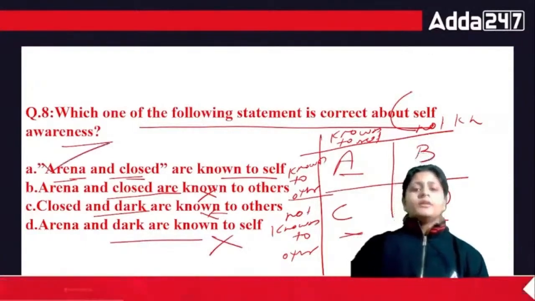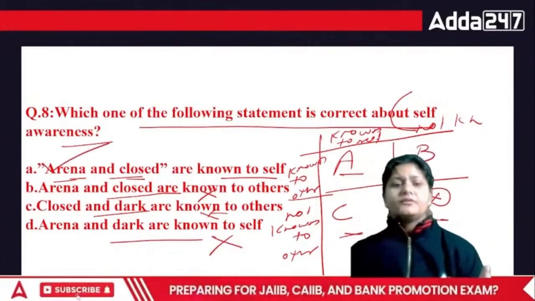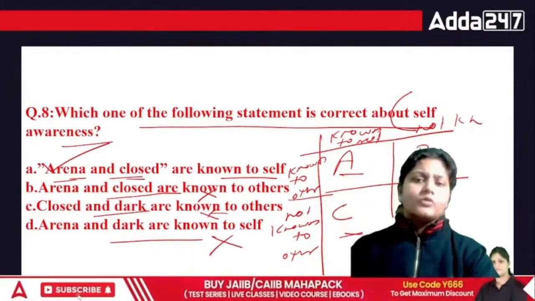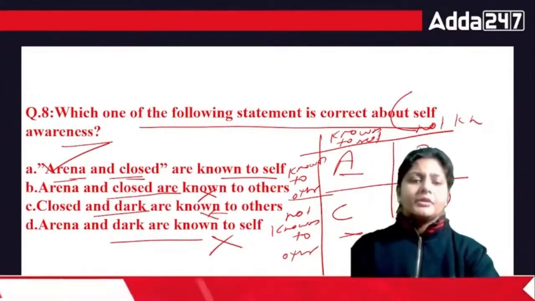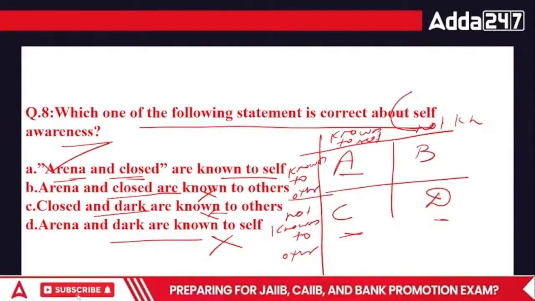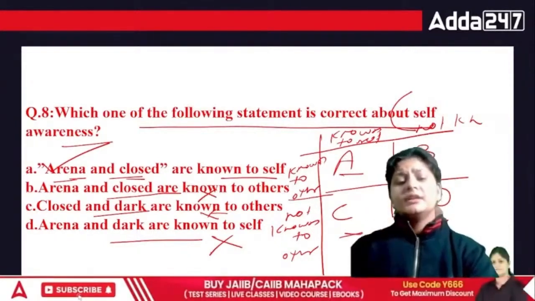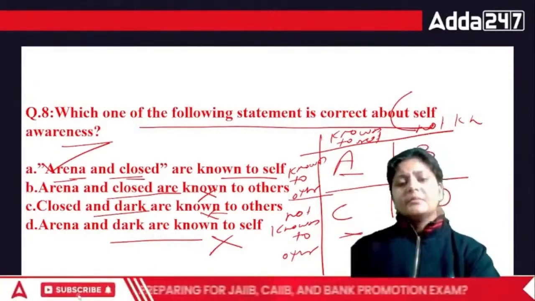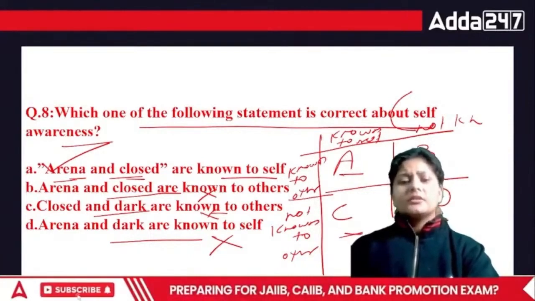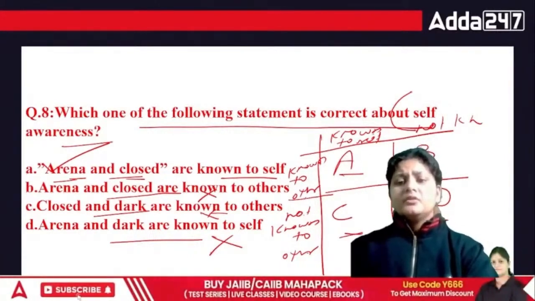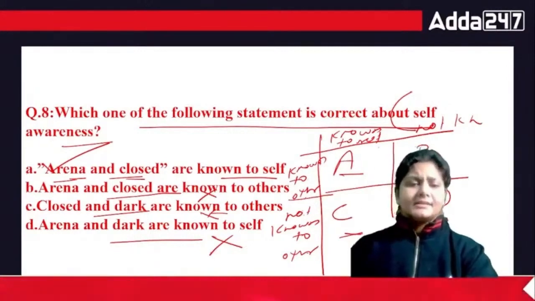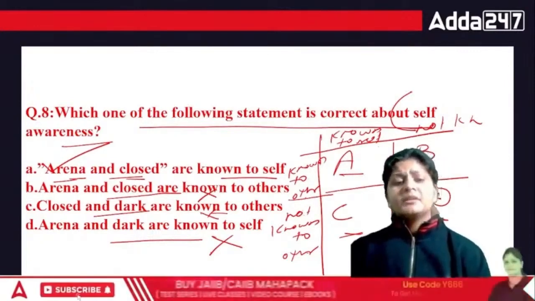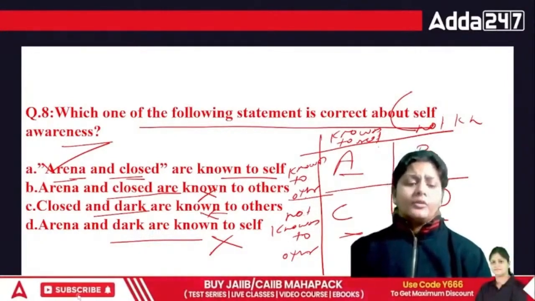If you want to remember this: in the year 2022, there was a 5 marks question from only the Johari window. So it is a very, very important topic. You can see here A, B, C, D. When we are talking about the Johari window, please remember this picture. The upper one is known to other, not known to other, known to self and not known to self. A, B, C, simple. If you remember this picture, then definitely it will be easier for you.